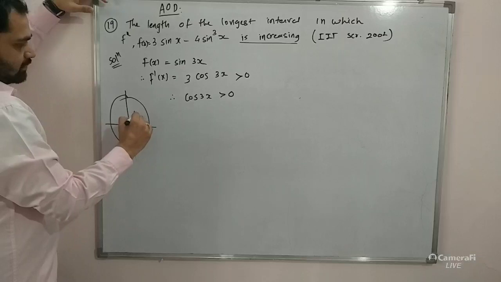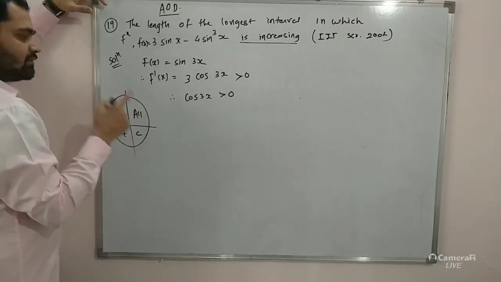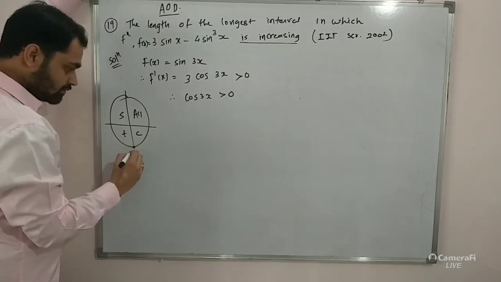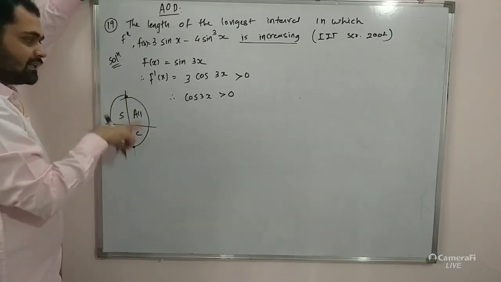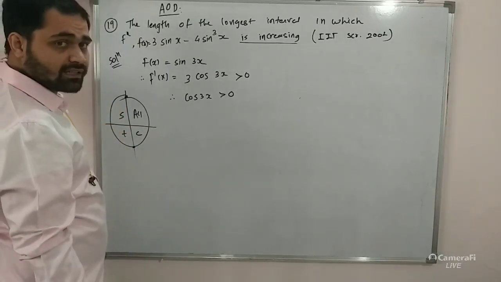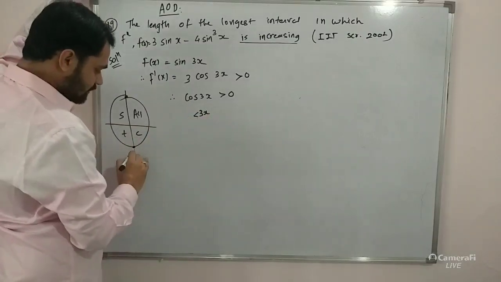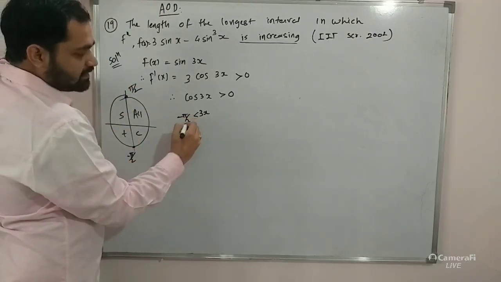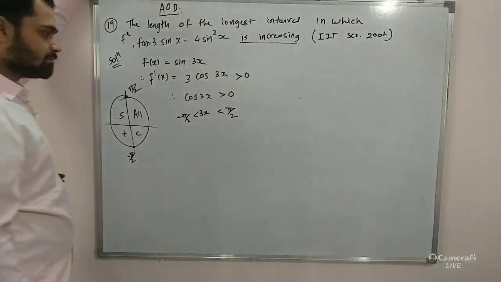एक तो फर्स्ट क्वाड्रेंट में पॉजिटिव होगा, ऑल एस टी सी, तो यहाँ पे थर्ड क्वाड्रेंट, सॉरी, फोर्थ क्वाड्रेंट एंड फर्स्ट क्वाड्रेंट में पॉजिटिव होगा। तो लॉन्गेस्ट इंटरवल जो मिलेगा 3x का, वो कौन सा होगा, -π/2 टू +π/2 तक वो कंटिन्यूअसली इंक्रीजिंग रहेगा कि नहीं, क्योंकि फोर्थ क्वाड्रेंट एंड फर्स्ट क्वाड्रेंट में कोस पॉजिटिव है। हमें लॉन्गेस्ट इंटरवल निकालना है। तो 3x की वैल्यू -π/2 टू +π/2 होनी चाहिए, यानी कि 3x की वैल्यू हमें मिल रही है -π/2 टू +π/2।